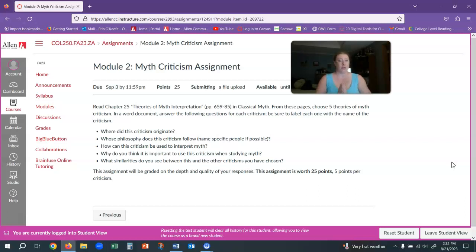The idea with a criticism is that it is a lens through which you can look at something. You could use a criticism to discuss a piece of literature. You could also use a criticism to discuss a piece of art, or a newspaper article, or whatever. We can use theories of interpretation in a modern context, and we can also look at ancient work as well. The idea is that it's just a different way of thinking about the same thing.